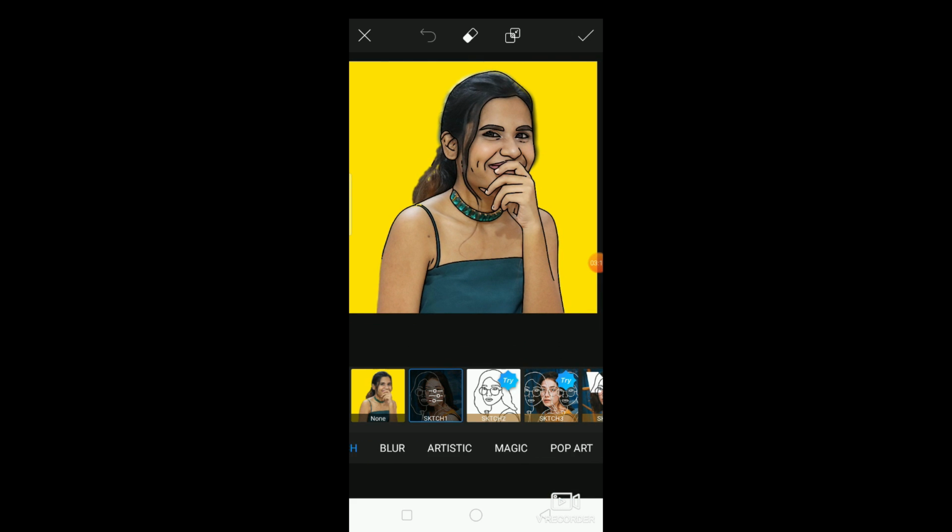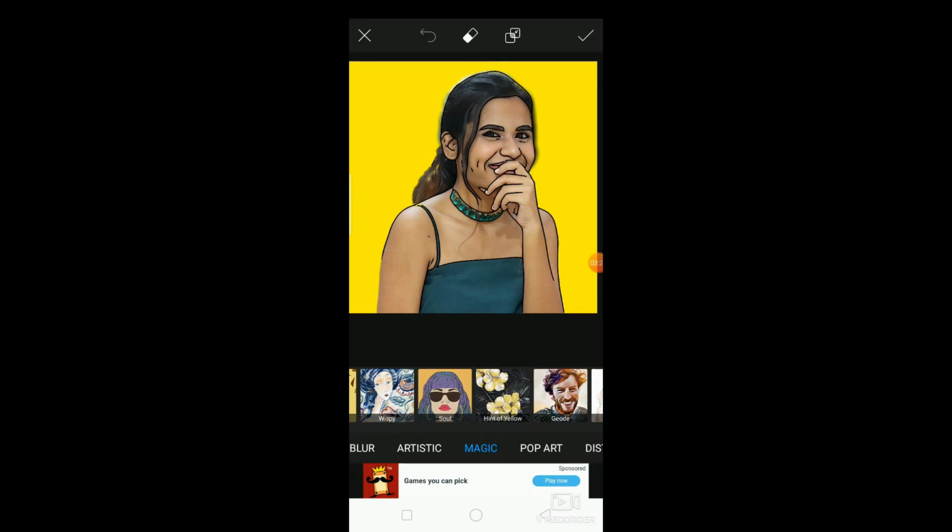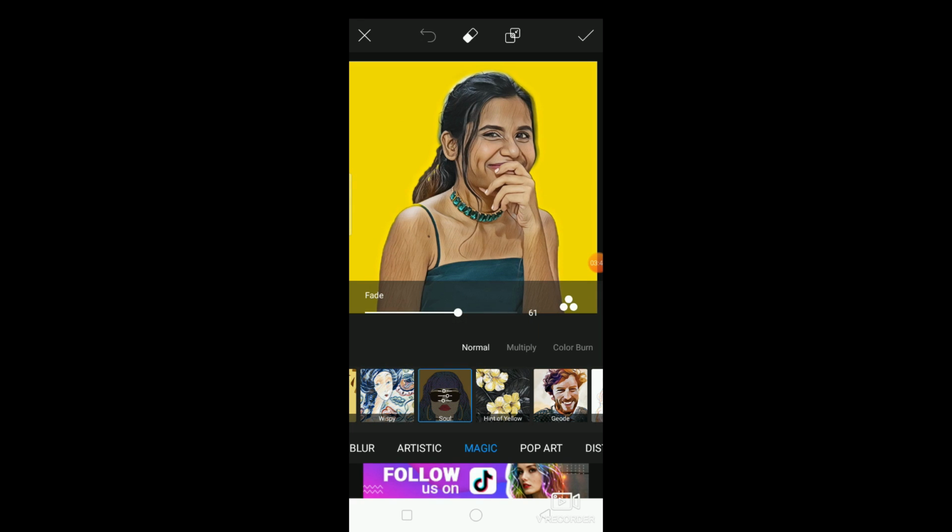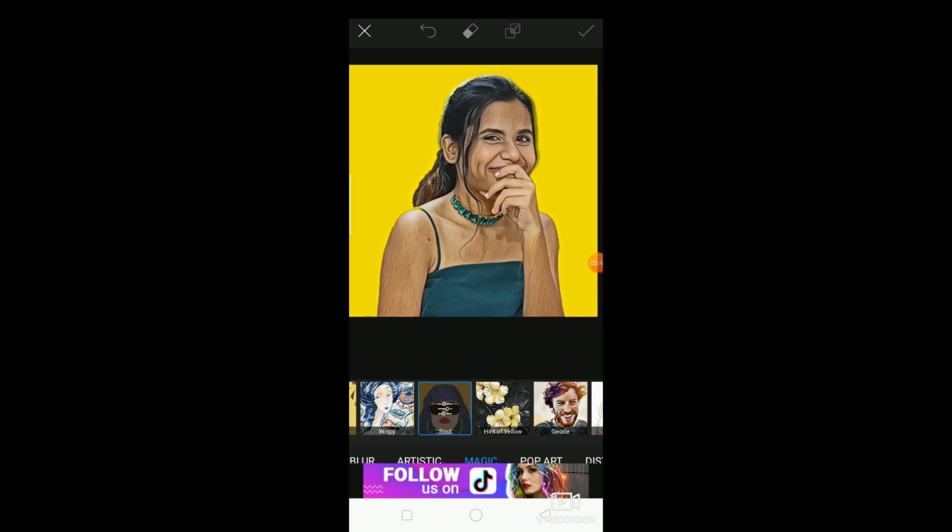And next thing which we are going to do is in the menu we are going to search for soul effect, and I'll click again and you guys could see the 3 circles. Click on that and then arrange the fade section or range howsoever you want, and voila, we are done. So this is how the picture looks like.